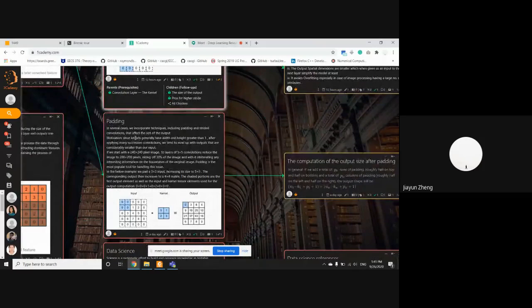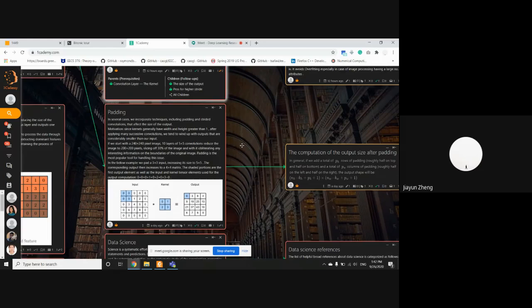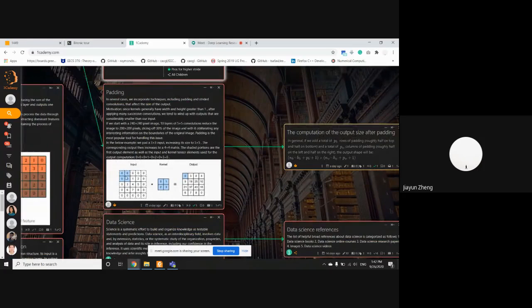is that since kernels generally have width and height greater than 1, just as what we saw in the last example, where we have a 2x2 kernel, after applying many successive convolutions, we tend to get outputs that are shrinking. So our output size is much smaller than our input size, and sometimes we want to keep the size of the output. So in order to do that, one thing we normally do is that you see here,